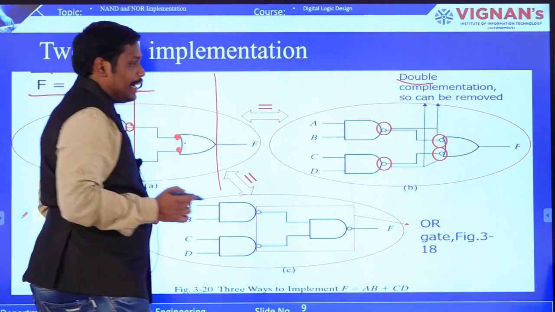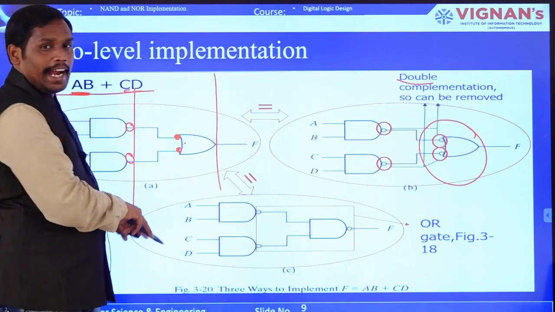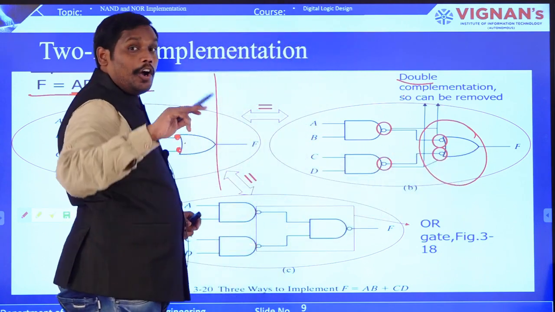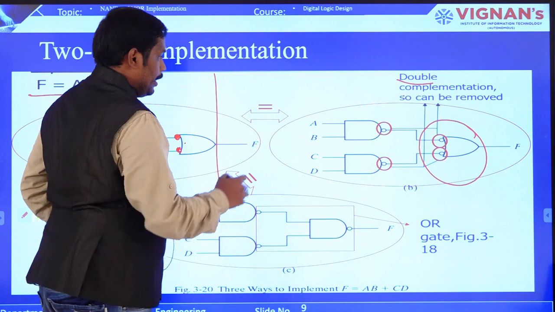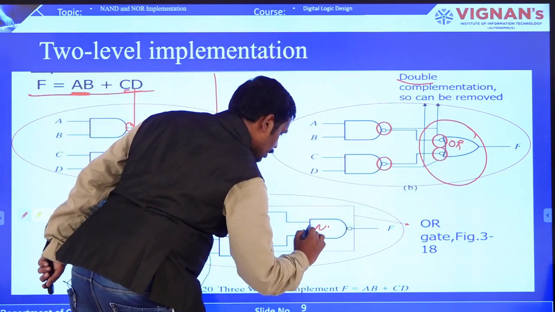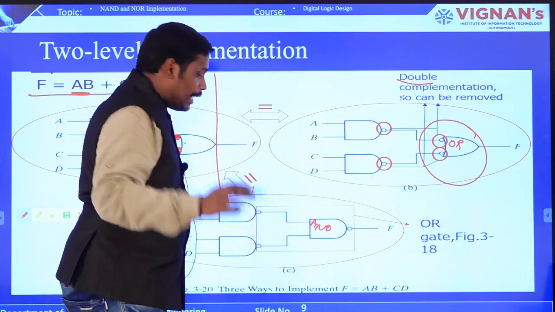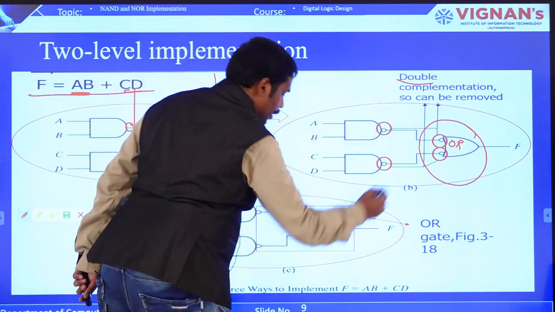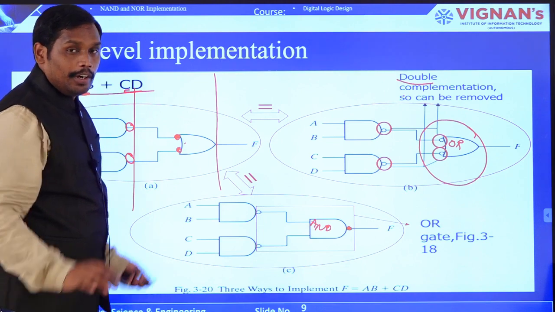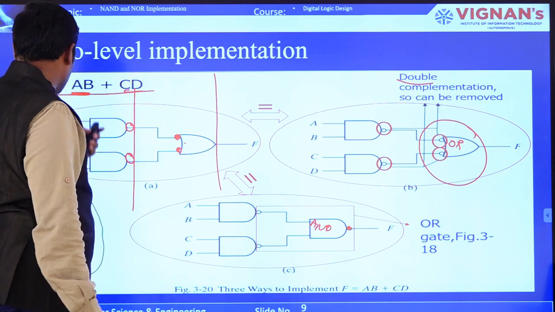Now he is going to convert this entire OR gate into an AND gate. What is he going to do? He is just going to represent it in reverse. As I told you, with the alternative symbol, the OR gate will be changed to an AND gate, the input symbols which had NOT will be normal, and the output will become a bubble, which is NOT. Did you get it? This is the logic that you are going to apply. So these are the three different ways of representing the same expression.